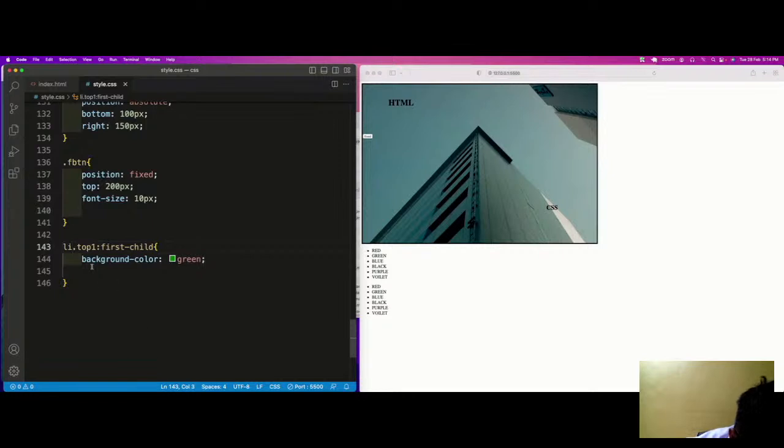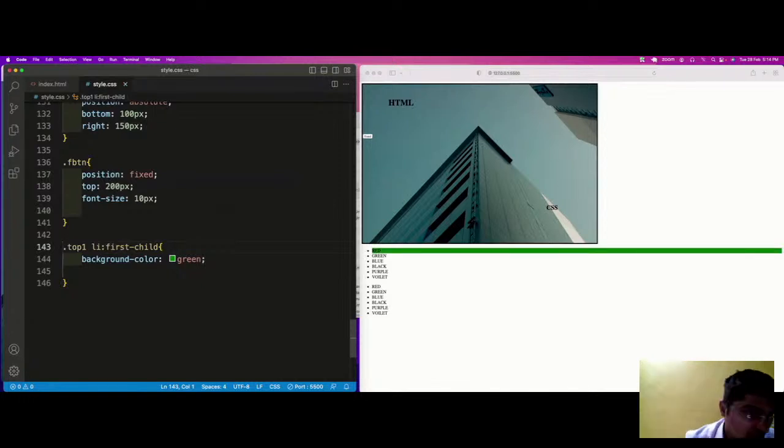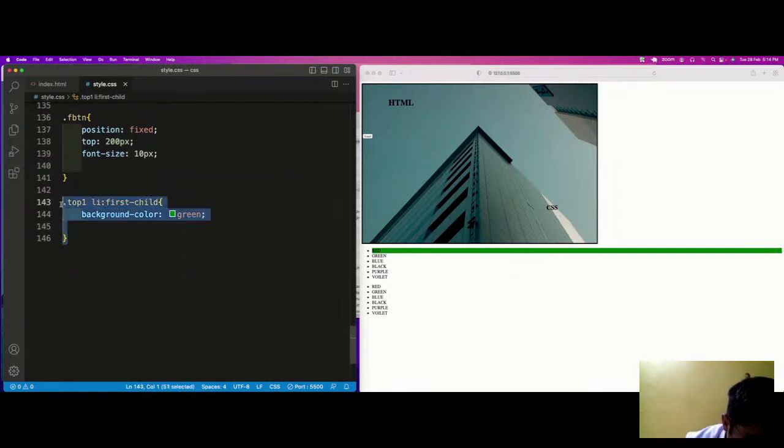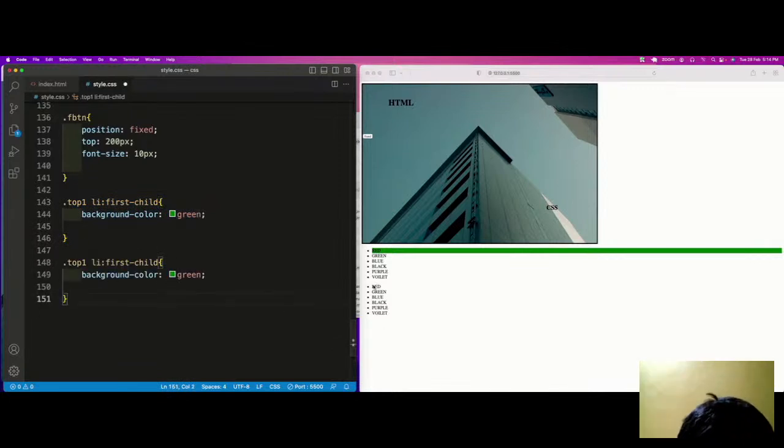Okay, again not taking it. So dot top one space li. So this is the syntax we need to follow: class name, then li. And if I want to target the last cell, which is wallet, so what I do,